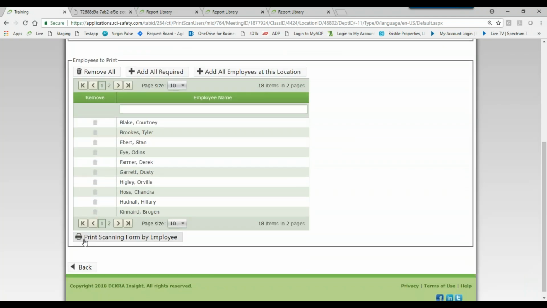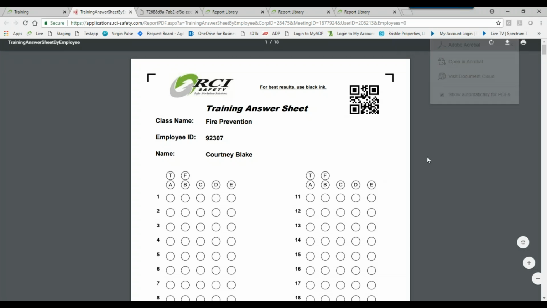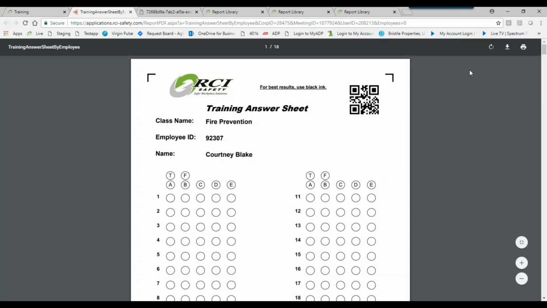So we have our list made out. If we go down to the bottom of the page here, we'll click the print scan form by employee. This is going to bring up a PDF of all of the scan forms in one big nice file for you. Some notes here while we're talking about it. When we go to print this page,